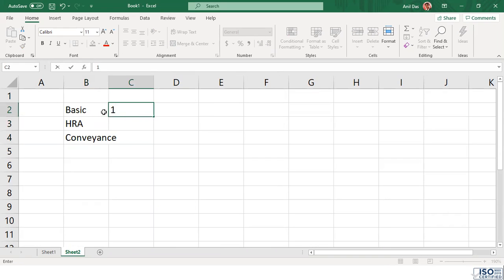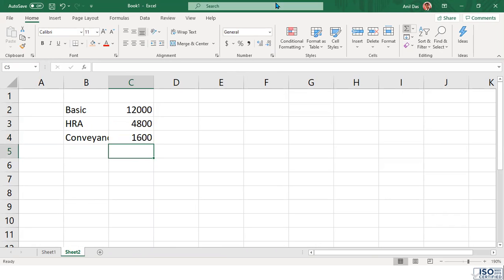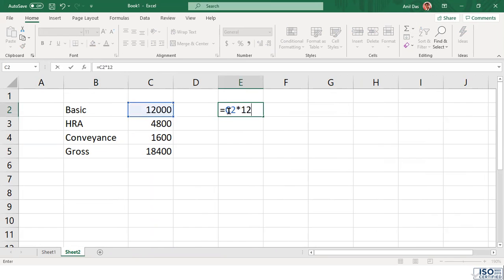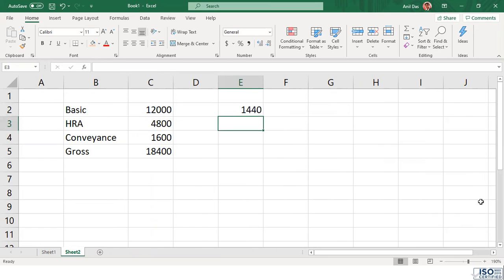Suppose anybody's salary is 12,000, HRA we normally take 40 to 50%. So I have taken 40%, and conveyance is 1600. This person's total salary is 18,400. Before this judgment, every company was deducting PF on 12% of the basic, which was 1414 rupees, and they were excluding HRA and conveyance.